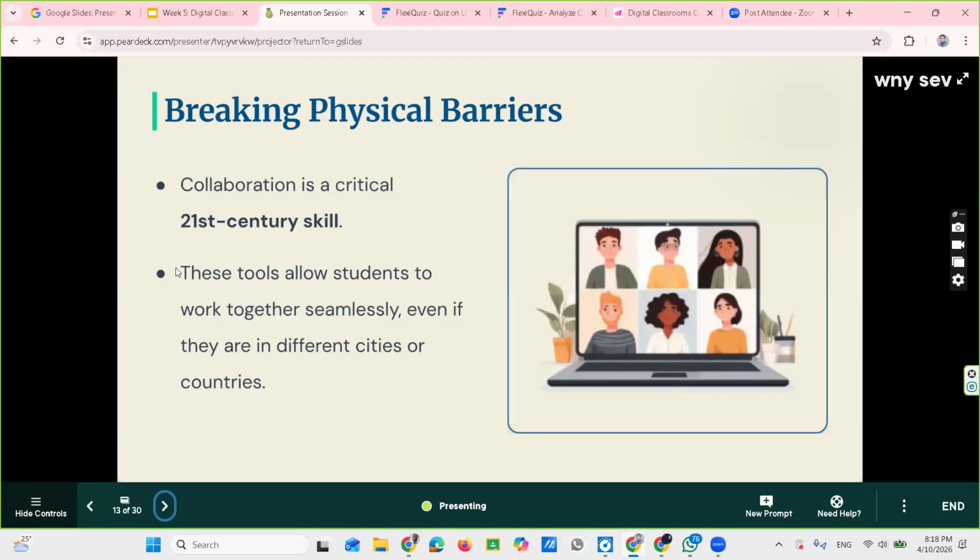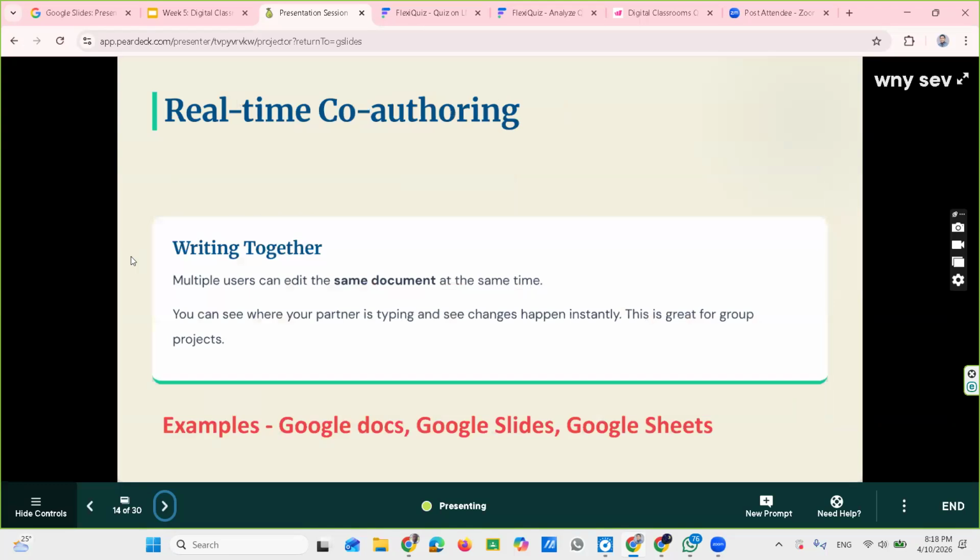Because of these collaboration tools, the students are able to learn anywhere, anytime in the country, in different cities or countries, because there is no need to gather physically. That provides the facilities to gather online or virtually from different places or different cities. Then they are giving some features: